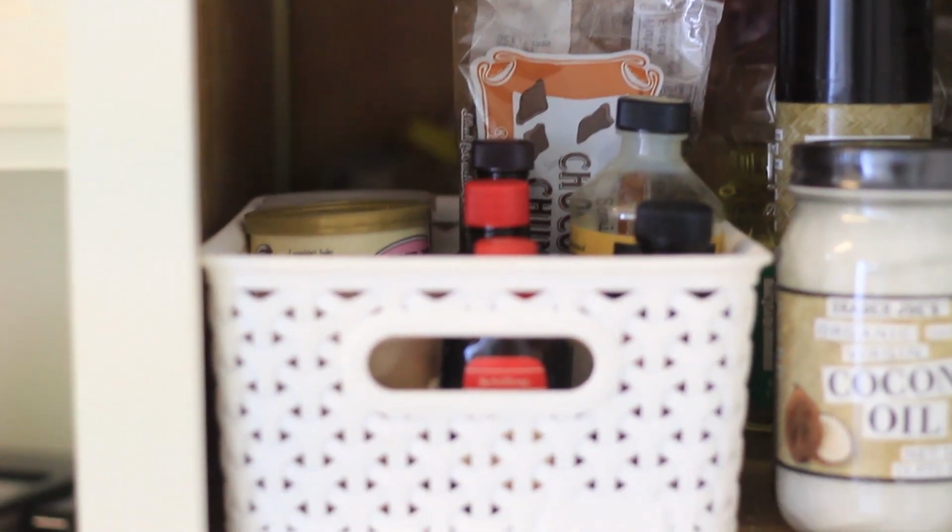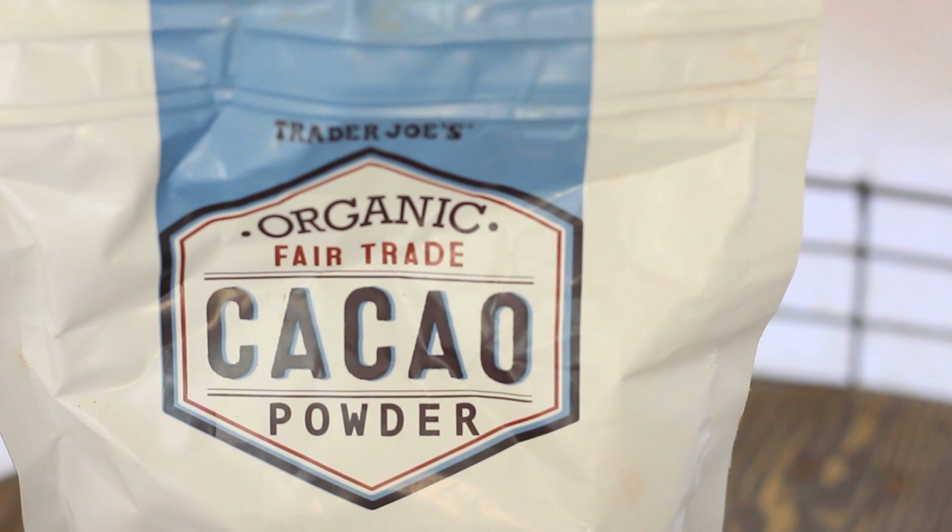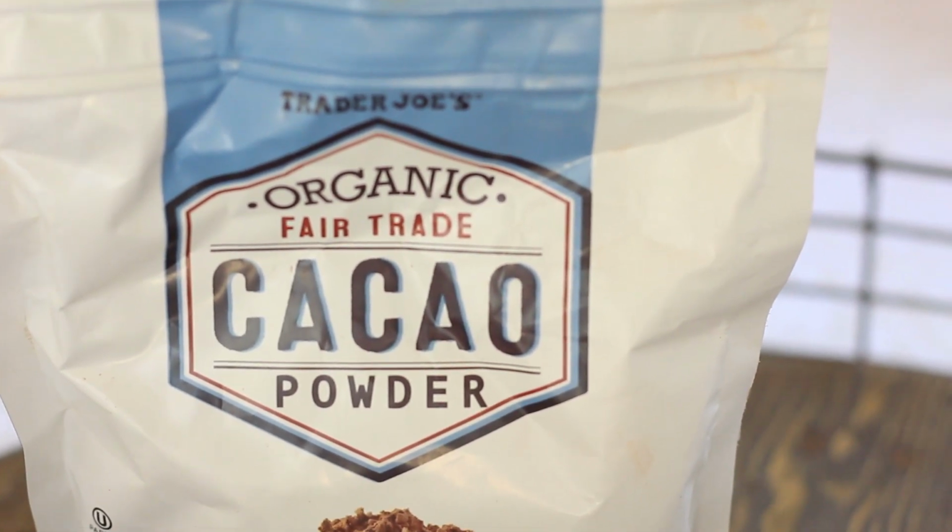This is the Trader Joe's cacao powder, and I actually do really like this one from them, and it's really inexpensive there. I just love adding this to smoothies, like a chocolate banana peanut butter smoothie with almond milk, or I also love to make some chocolate energy bites or no-bake cookies. This stuff is just really good to have on hand, and it's just really unprocessed. Chocolate is actually really good for you because it has so many antioxidants. It's just the processing and the sugar that's really bad for you,